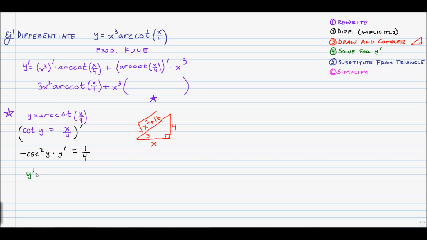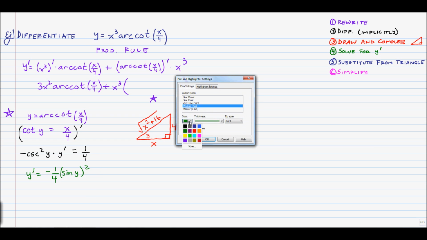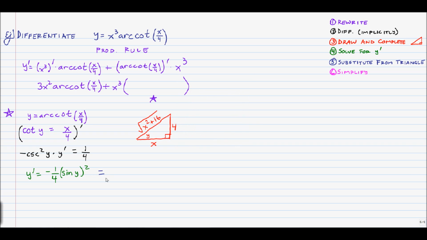So y prime for this guy, for this star, for this little expression that's eventually going to go here, the y prime for this guy is going to be negative 1/4. Well, it'd be technically negative 1 over 4 cosecant squared of y, but of course 1 over cosecant squared of y is the same thing as sine squared of y. So I'm going to look at it as negative 1/4 sine of y squared. The reason for that is now I can look right at my triangle, substitute directly from it, and figure out what this expression actually looks like. So in this case, sine of y, opposite over hypotenuse, is going to be negative 1/4. We're going to have squared opposite over hypotenuse,